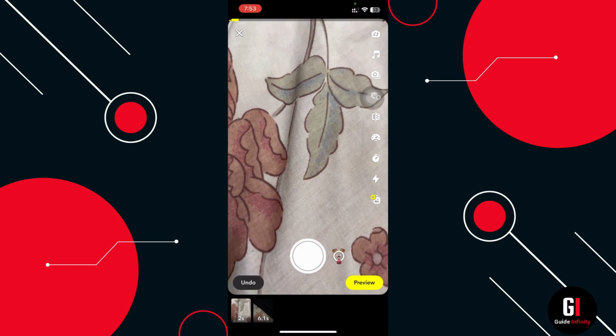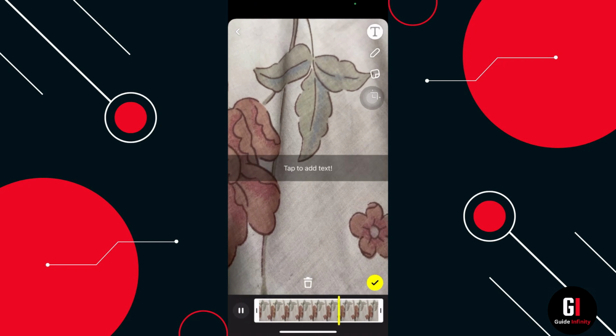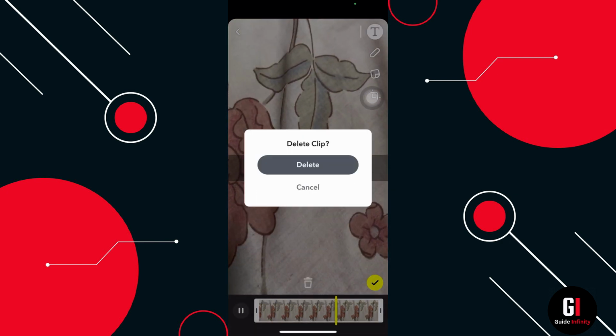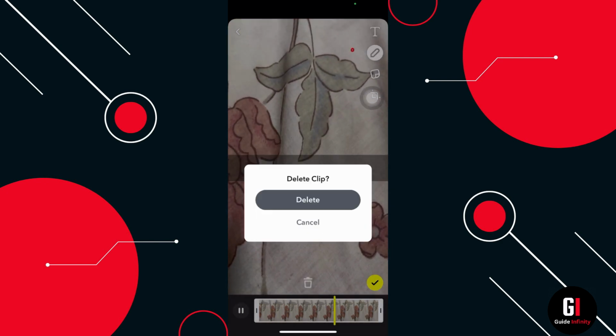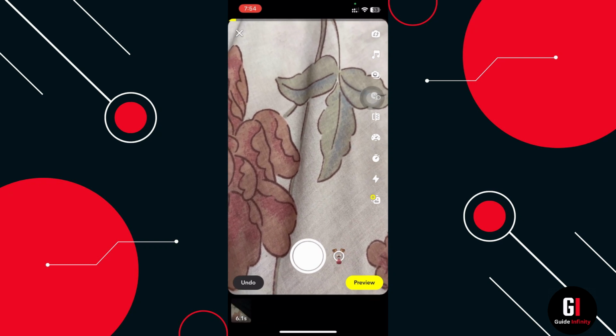but you obviously don't want to send the very first one that you made. So you can just tap on it and then select the bin icon just above it, and that will delete it from the snap. And then just press delete clip. Okay, so then we've deleted that clip. If we're happy with the one video that we have taken from our camera roll, I'll just press preview,